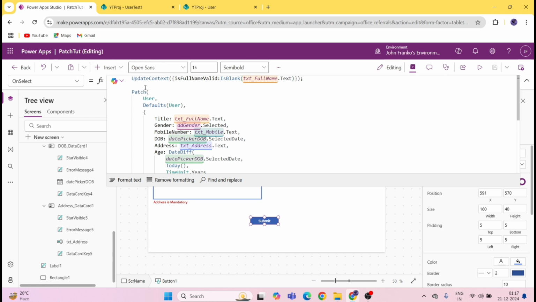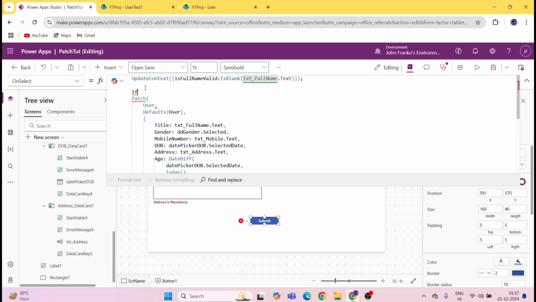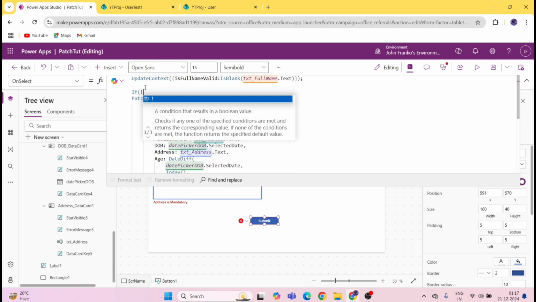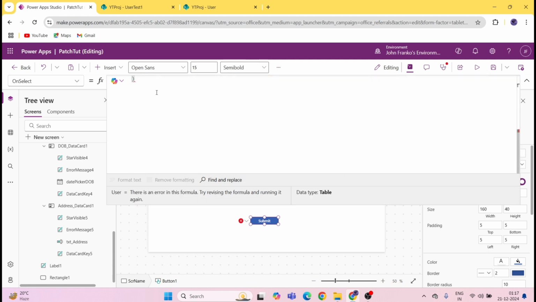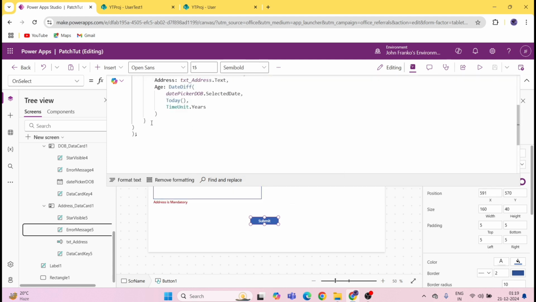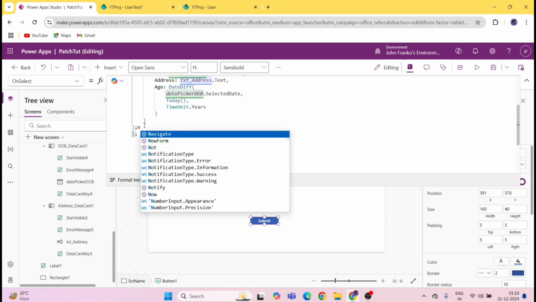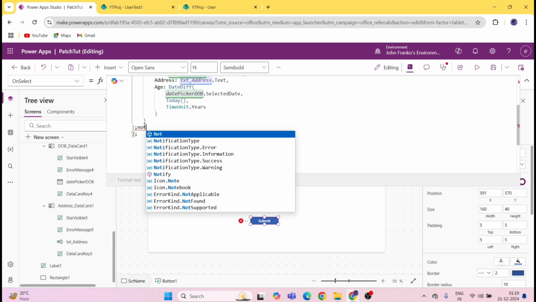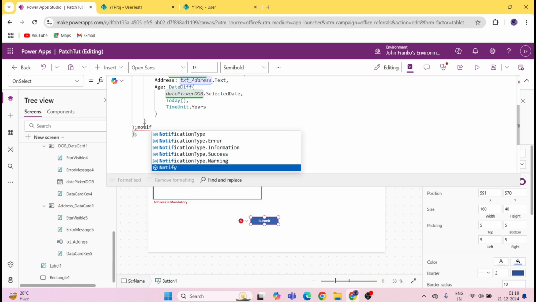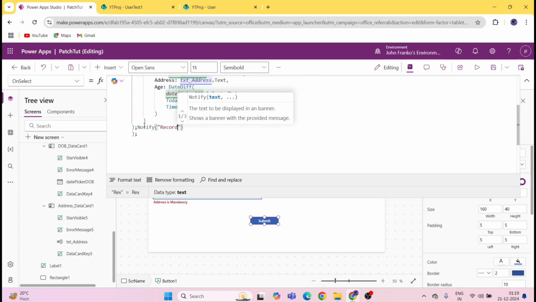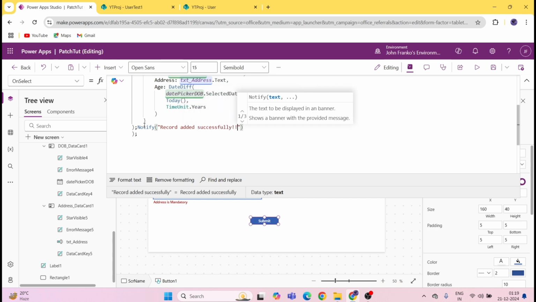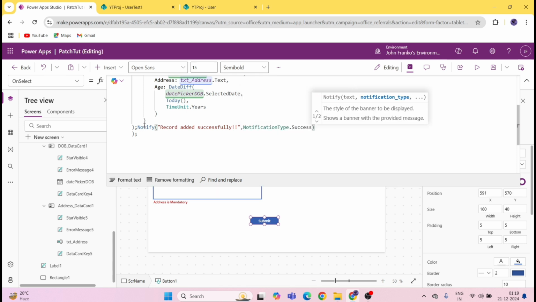What I will do, I will write the if condition. We'll check for the first one, and that way we will be working for another condition. So Not isFullNameValid, comma, then we will be performing the Patch function, and we have to close our patch here. Here I'll add the semicolon and Notify, double quotes, record added successfully, comma, this will be Success, comma,